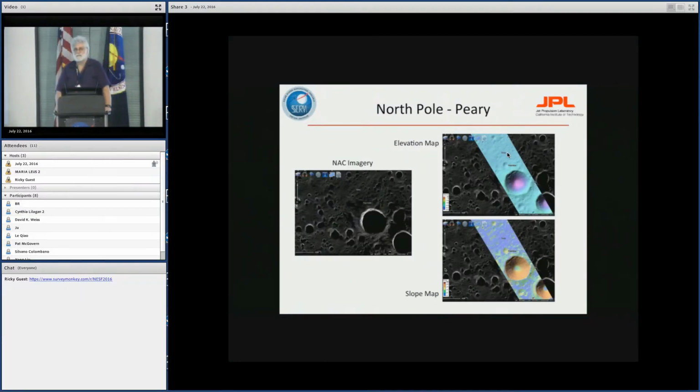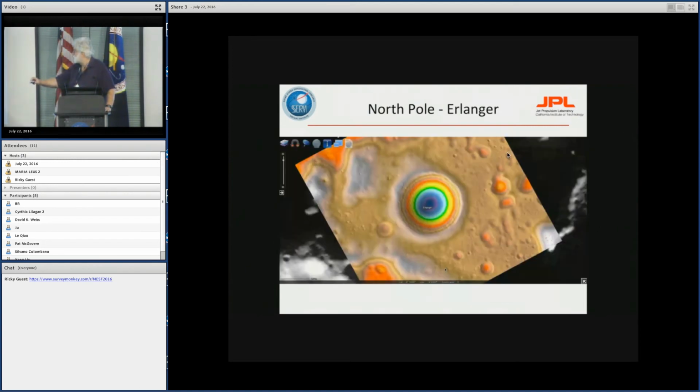Our program is developing a number of data products for the Resource Prospector mission. So these are some data products that we developed for them in their investigation of perhaps sending their rover possibly to the crater Perry. In addition, they're generating some of their own data products, which we are then integrating. So this is a data product that they did of the crater Erlanger, which is off to the side of Perry there. And so as they are generating data products, we're working with them to integrate them into the full